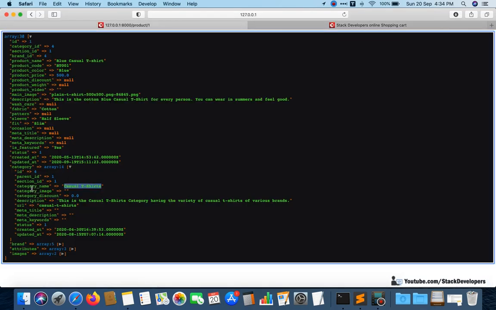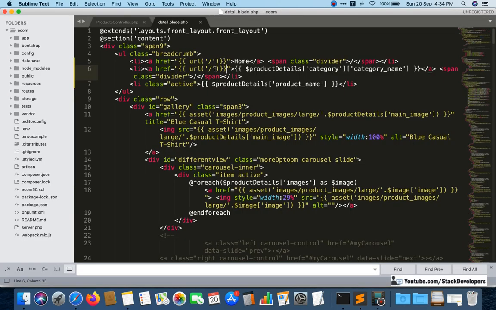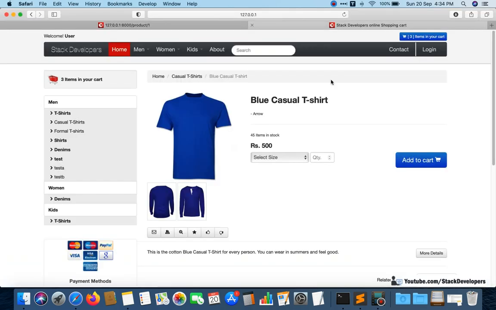We can see here, and its category URL is this one. Okay, so this one we can show here, dollar details, category, and after that URL.